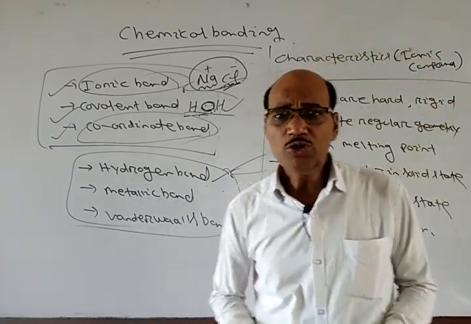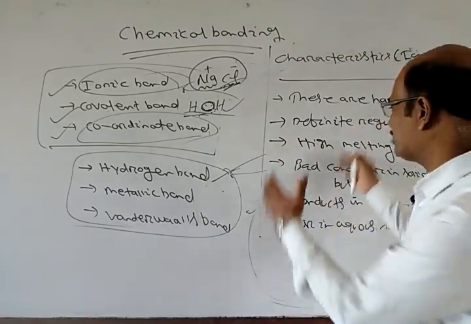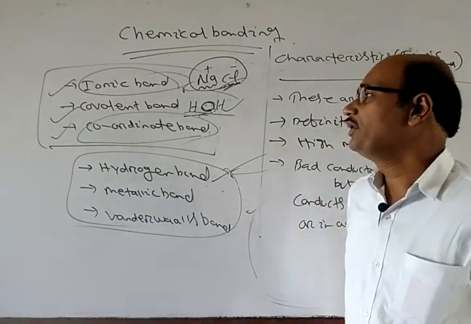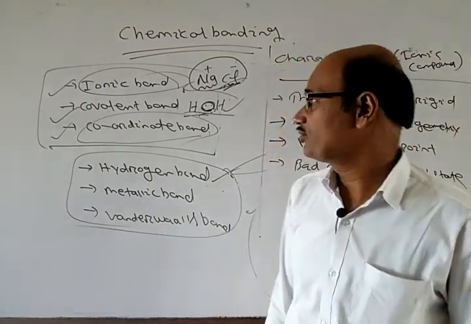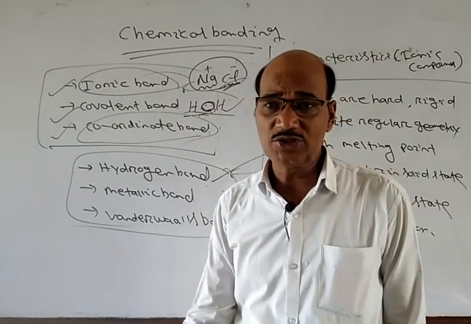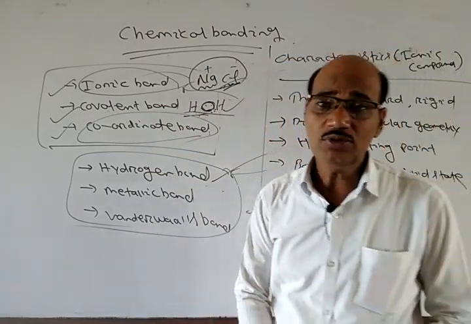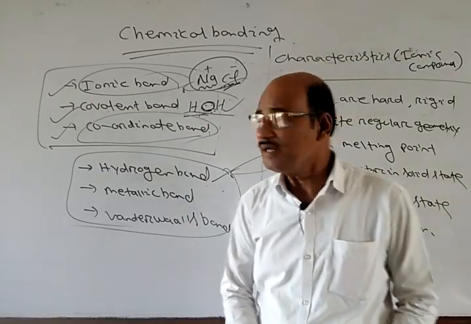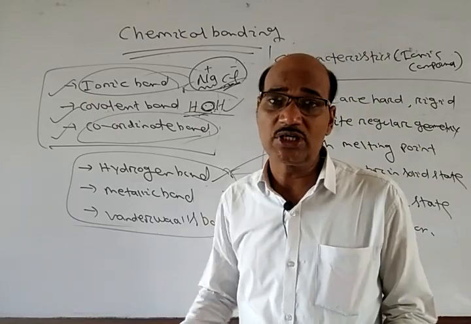So these are the conditions and characteristics of ionic compounds, and how the ionic compounds are formed. In the next class, we will discuss the covalent bond. Again, we will discuss briefly the covalent bond and the theories of covalent bond. Already we know about the covalent bond. We will discuss the theories of the covalent bonds, so how the covalent bonds are actually formed.